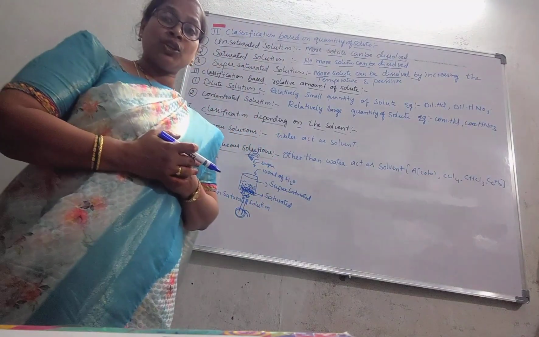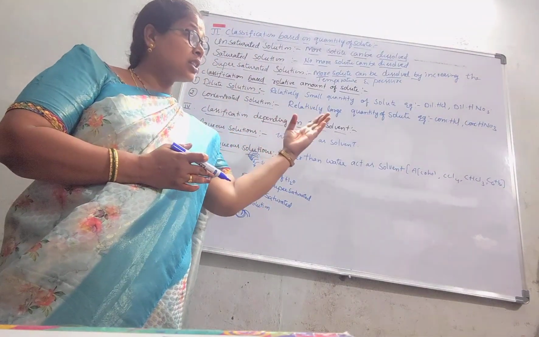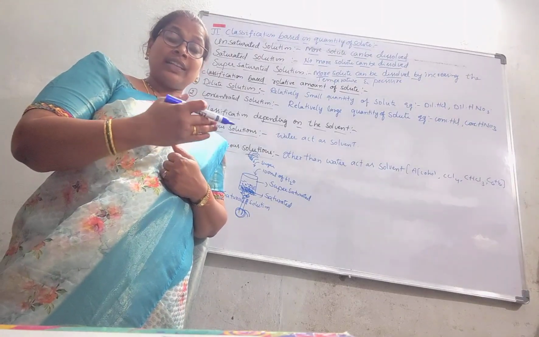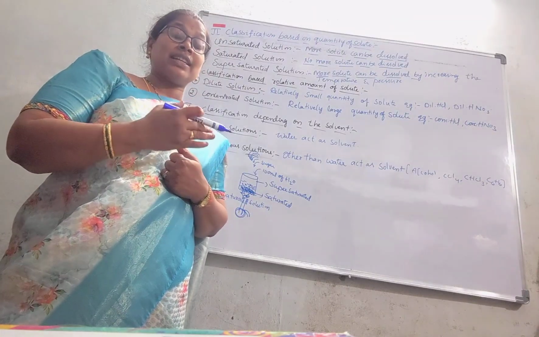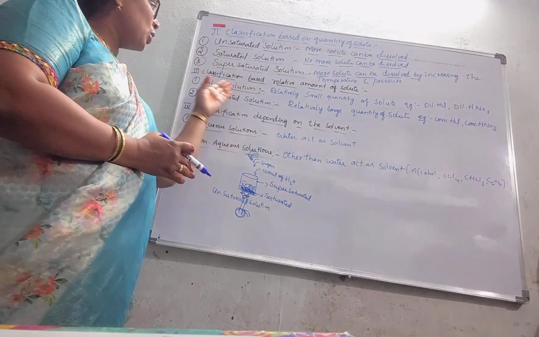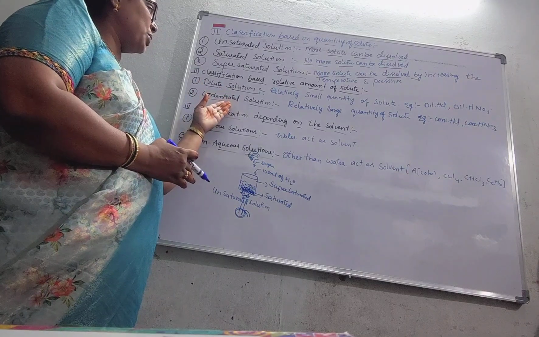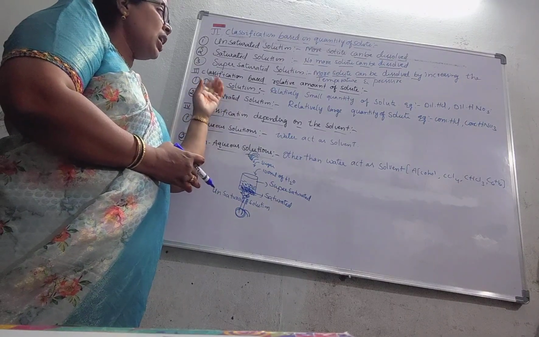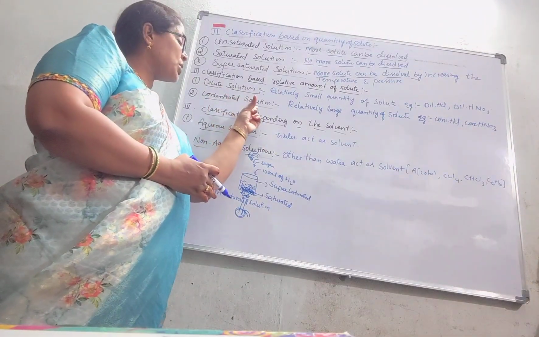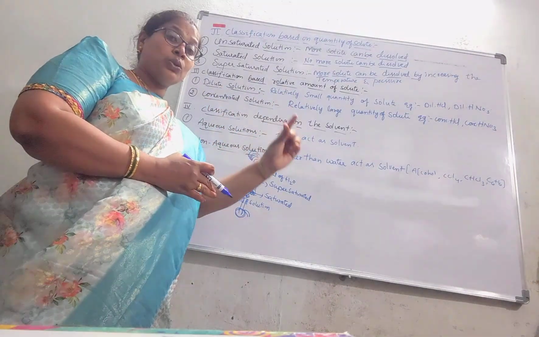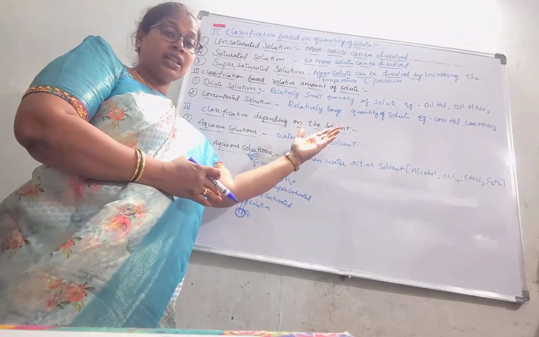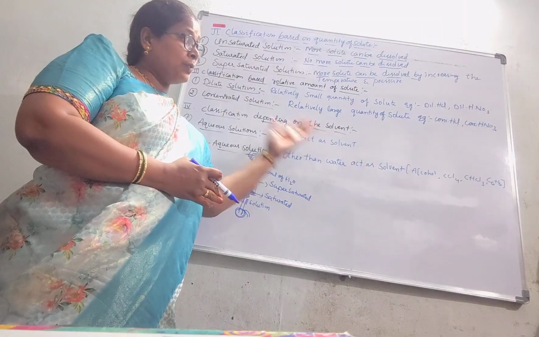We have to deal with these concentrated solutions very carefully. While doing activities in the lab, there will be a teacher's assistance for most activities. So, dilute solutions means a relatively small quantity of solute is present, whereas concentrated solutions means a relatively large quantity of solute is present. Dilute HCl, dilute HNO3, concentrated HCl, concentrated HNO3.